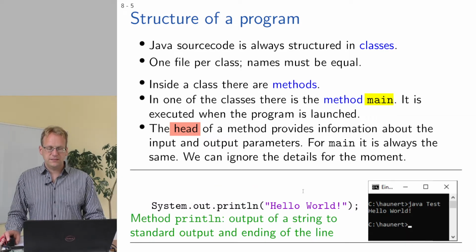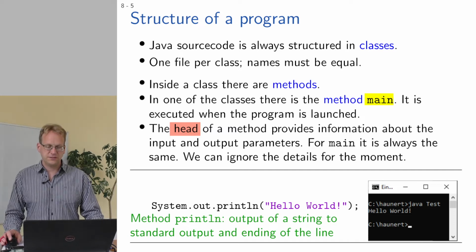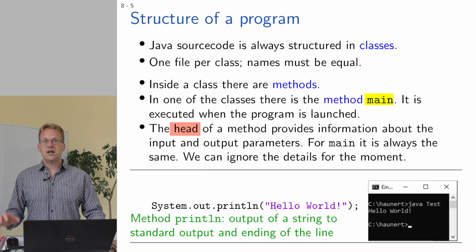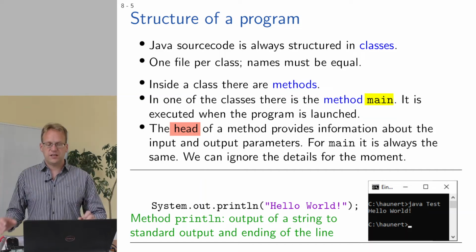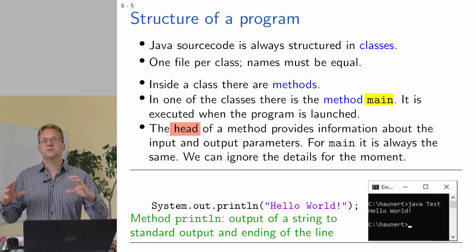Well, what is then more important is this single line of code, which is actually doing something. And here it's doing the following. We have this System.out, that's our output. And here we're saying, okay, please print the following line, println. And then in these round brackets, you type the method arguments, namely the thing you would like to hand over